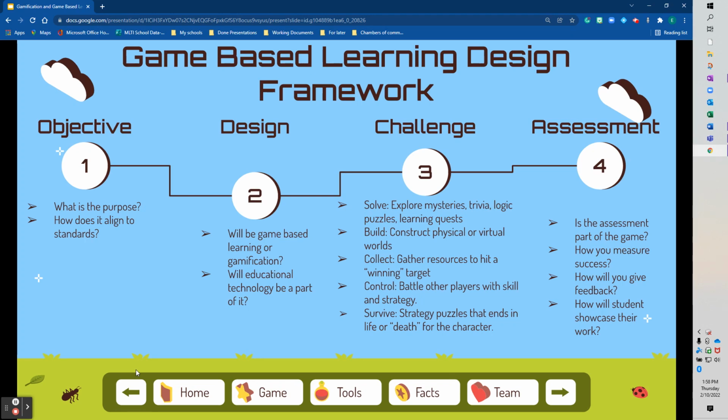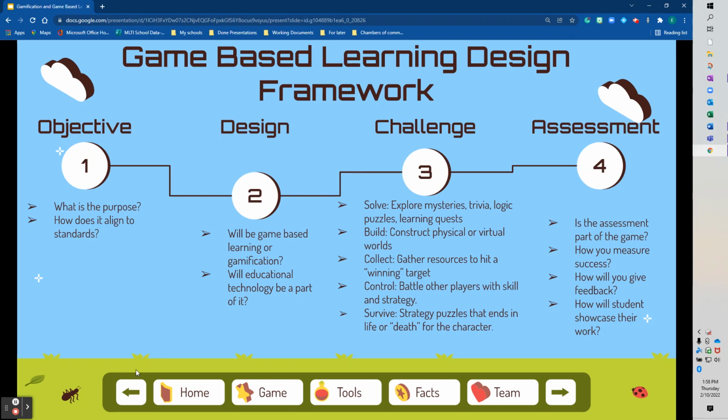You could also do that as part of the design piece of this: building games. You can build physical games. Students build games all the time. It's a really fun way to end a unit or build a summative, to build an actual physical game. But there are lots of online game building tools. Scratch is a fantastic example of one that is free, and you can use it to build a game. If your students understand coding, or you want to get them into coding, building a game in Scratch isn't super challenging. You can absolutely do it. And then there are others that are a little more challenging and cost money that you can use as well. So once you've got the design piece down,